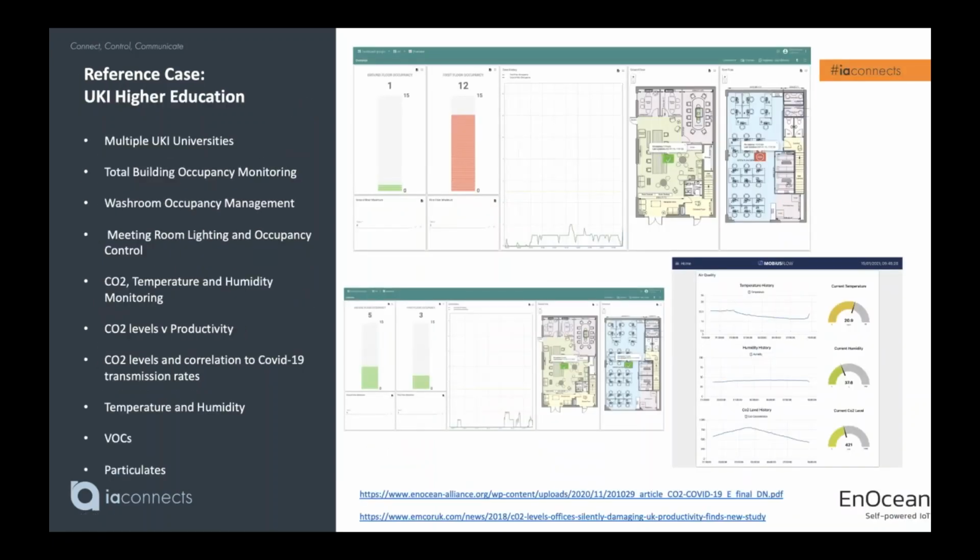And then the final reference case is a combination of 3 different use cases that we have with multiple universities in the UK and Ireland. So the solutions include total building occupancy monitoring, washroom occupancy, meeting rooms, so the lighting and occupancy control there, the CO2, temperature and humidity monitoring, and the key reason that CO2 levels have become more and